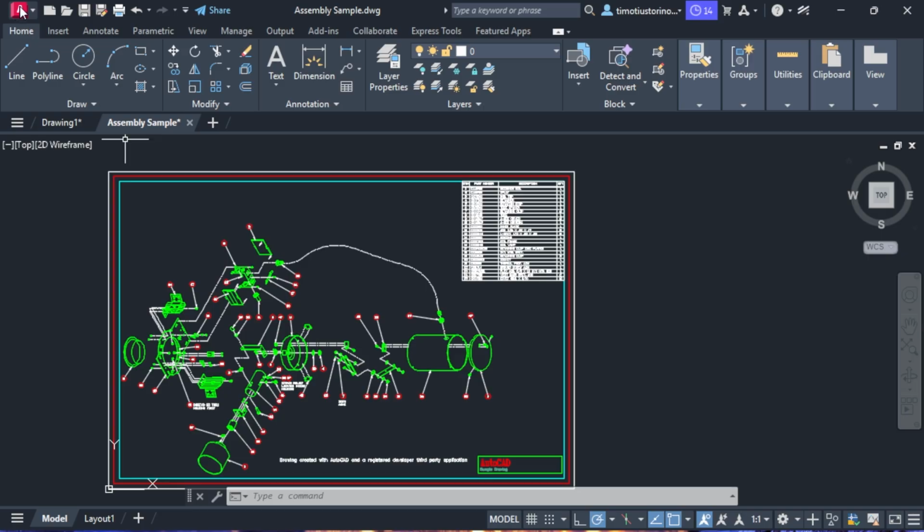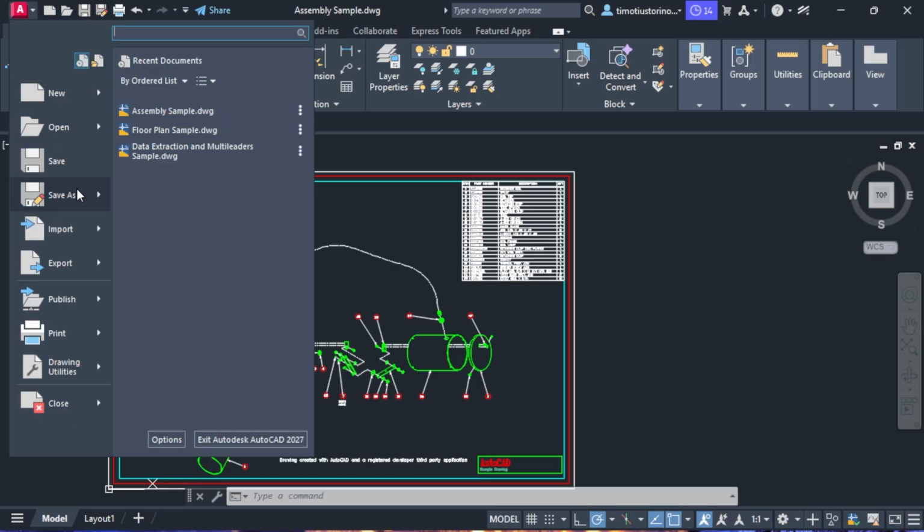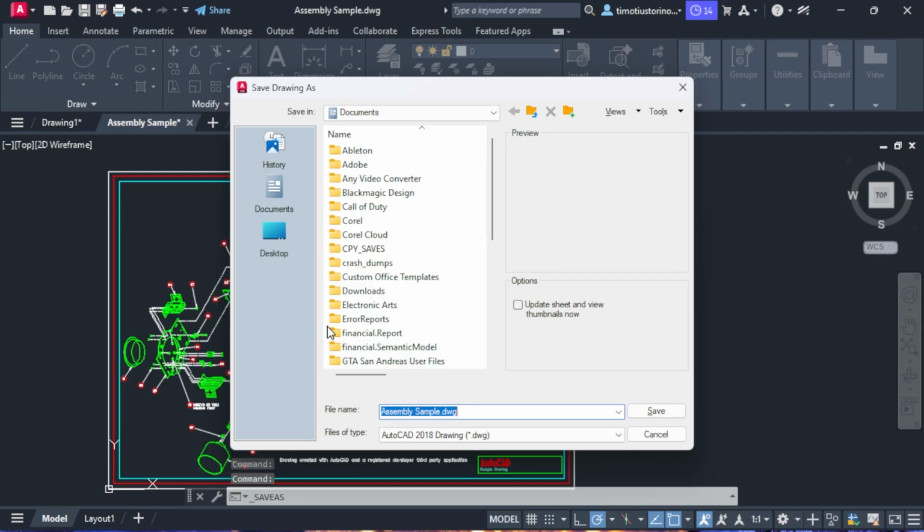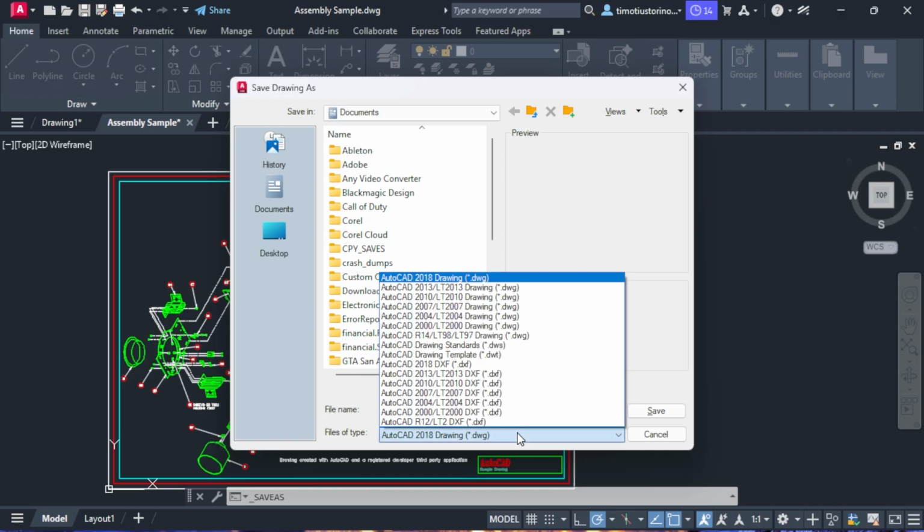Click the main menu button in the top left corner, select the Save As option, type a brand new name for your drawing sheet, and hit the Save button. Pick a safe folder like your desktop and make sure the file type says Drawing Format and close the old